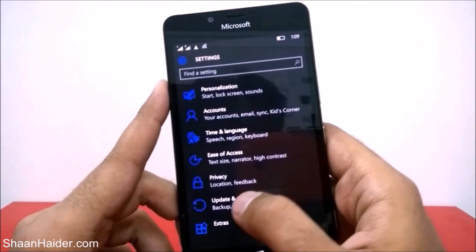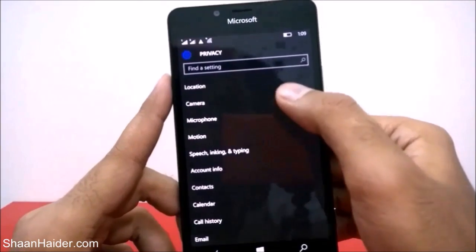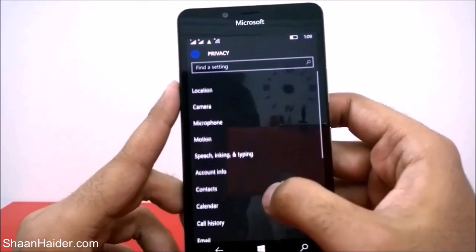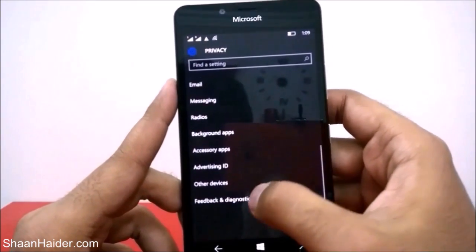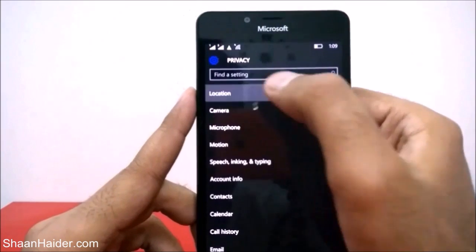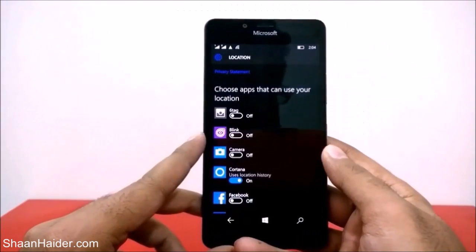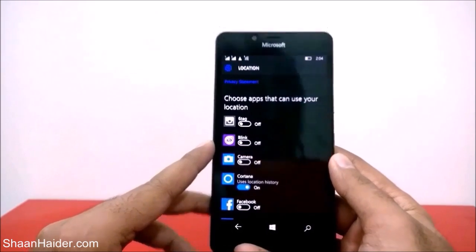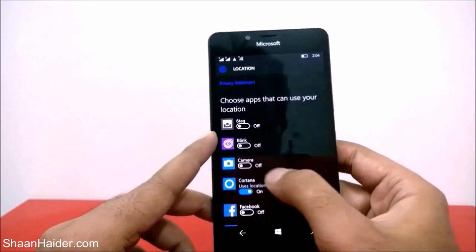If you go to the privacy, you will find lots of permissions for the applications on your Windows phone, like location, camera, microphone, motion, advertising ID, and everything else. So if you go to, for example, location, you will find a list of apps that can access your location. It is the same for all of the permissions. You can see that